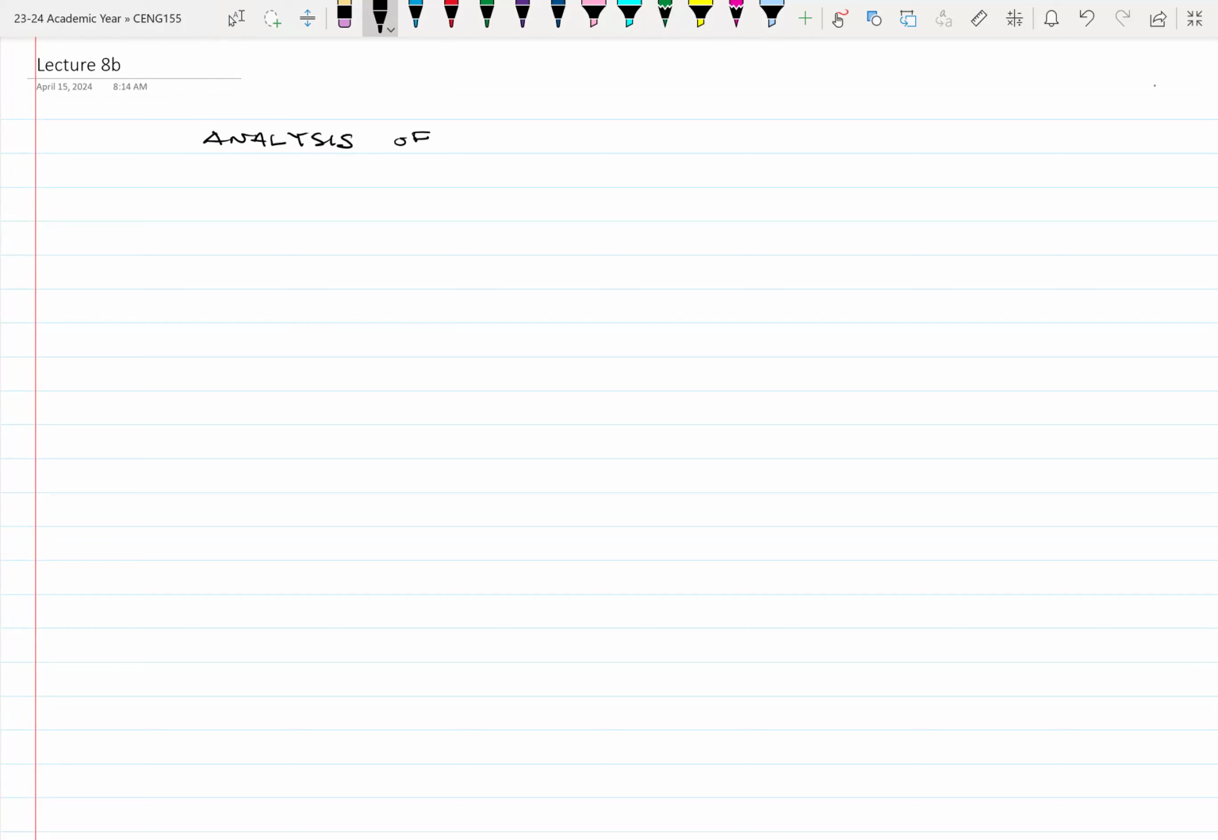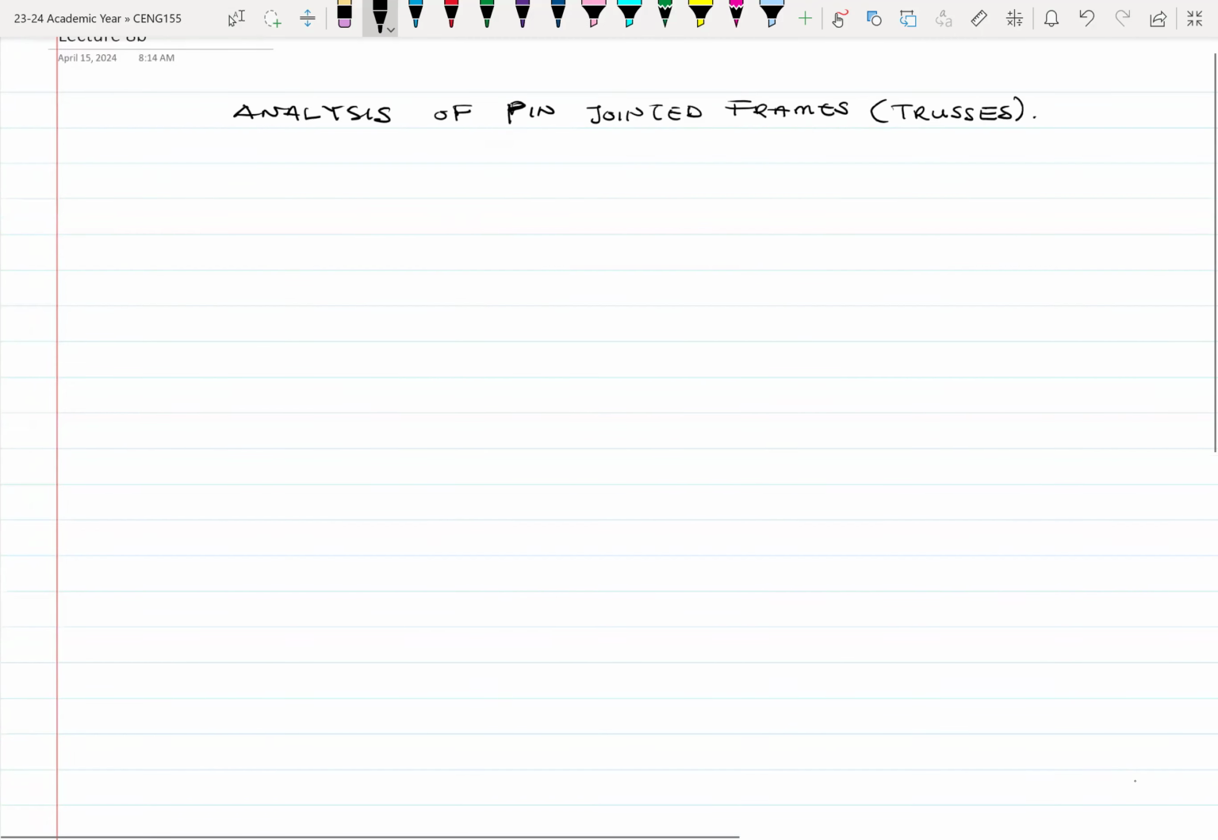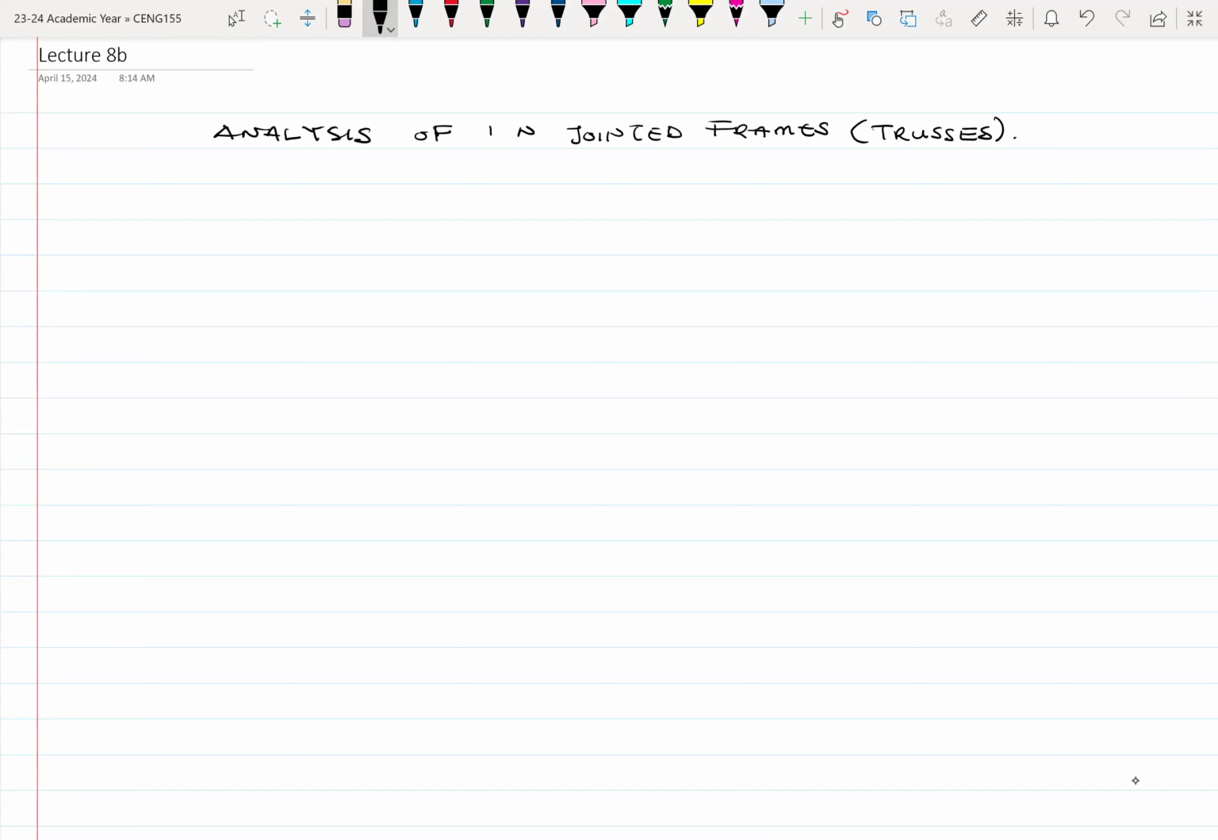Okay. Analysis of what you call pin jointed frames, into brackets, trusses. So let's look at what trusses are. You've seen them. You've seen some examples of it already. So in defining trusses,